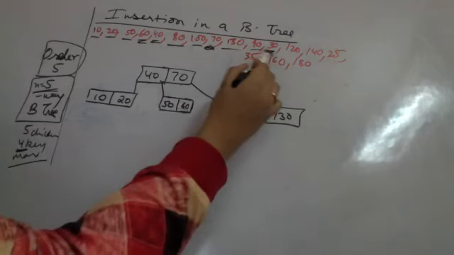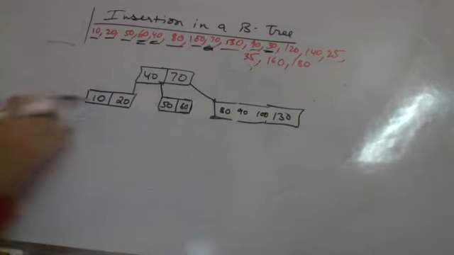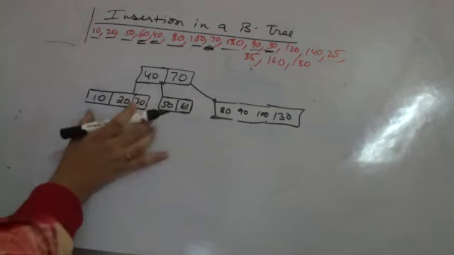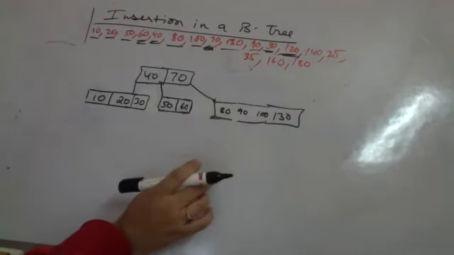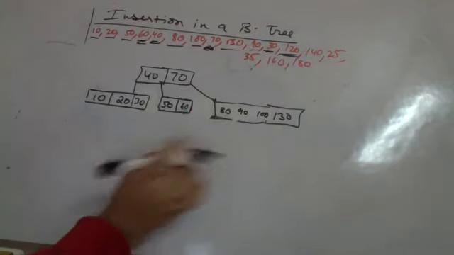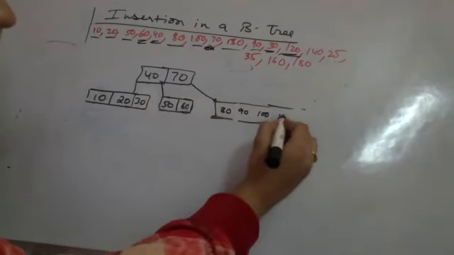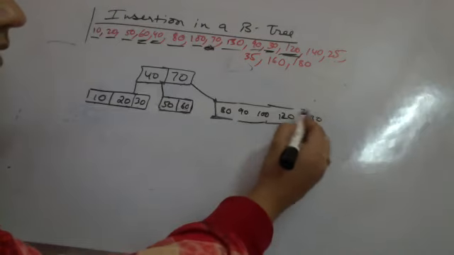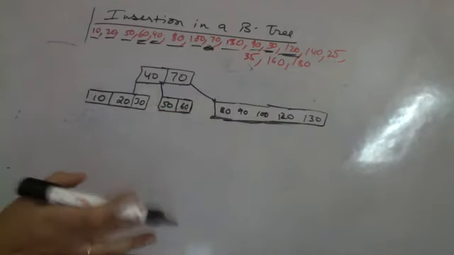Then I have to insert a 30. So when I am inserting a 30, 30 is less than 40. It is greater than 20. So a 30 can still be inserted here. 3 keys here so far. I have to insert a 120. Now when I am going to insert a 120, again what happens? Due to the insertion, greater than 70, greater than 100, less than 130. So now when I am doing this insertion, again I have 5 keys, which is not allowed.